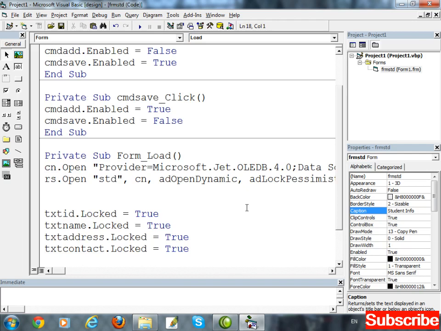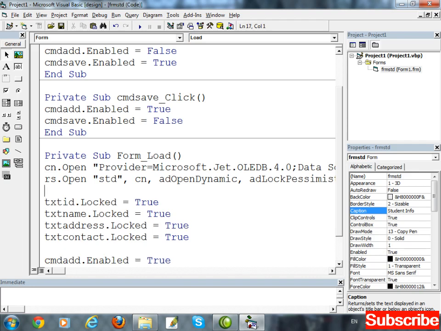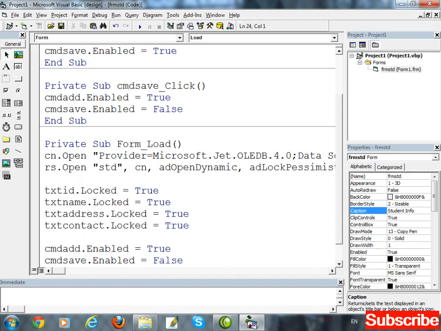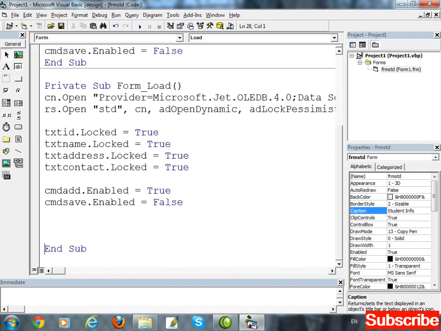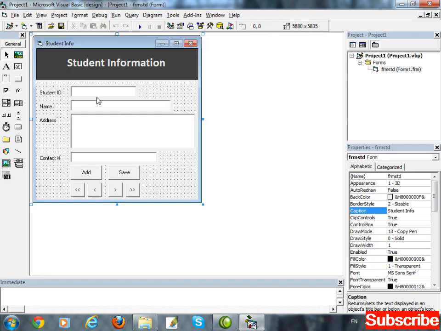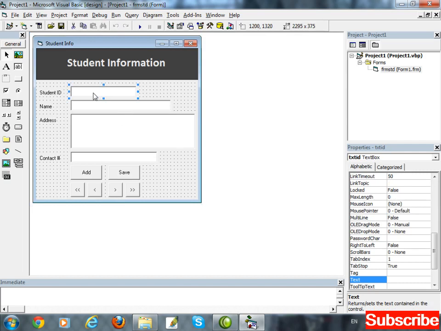On form load, I want to display the first record from the database in the text boxes. So just write txtId. Here I am going to write txtId.Text equal to rs.Fields(0).